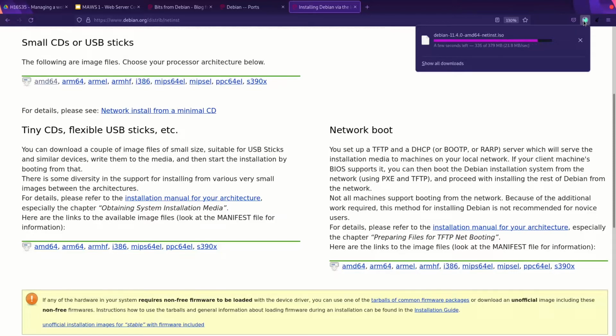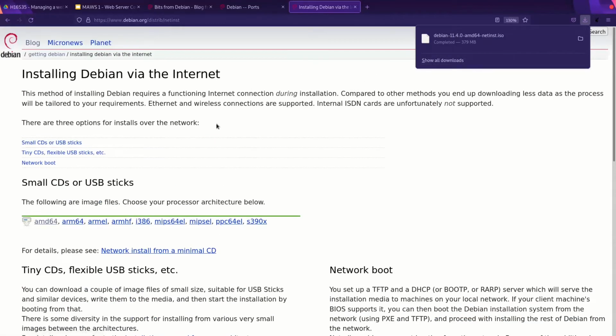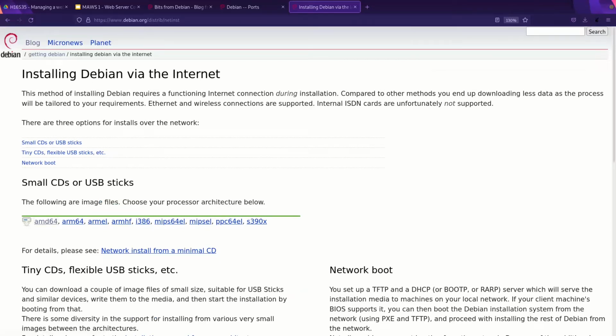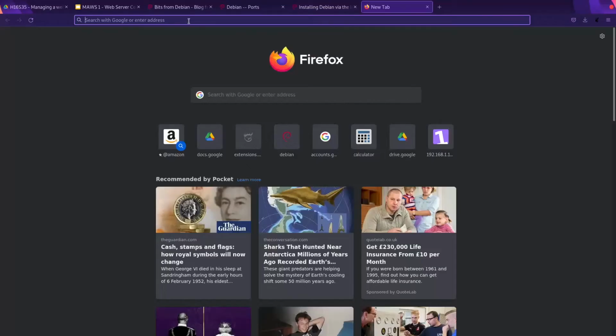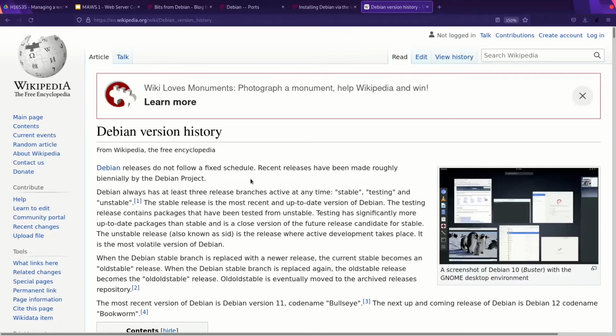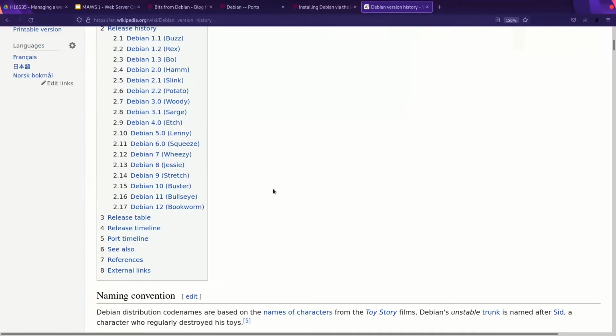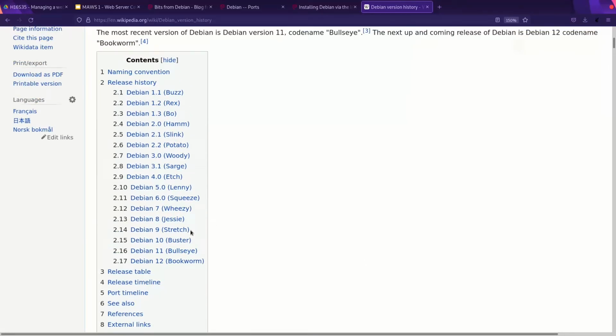A few seconds. And so the version that we're using today is called Debian 11.4. Okay, now you might think, what do all those numbers mean, and what's the significance of Debian versions? So I'll just tell you now. Debian has 3 versions running at the same time concurrently. There's the stable version, which is what we're downloading. There's the unstable version, which is the next version of Debian, Debian 12, and there is the old stable, which